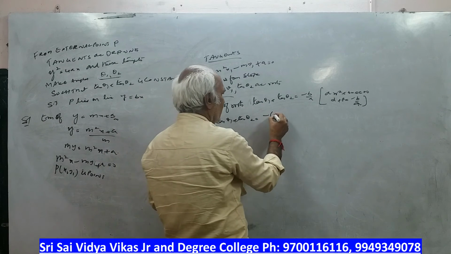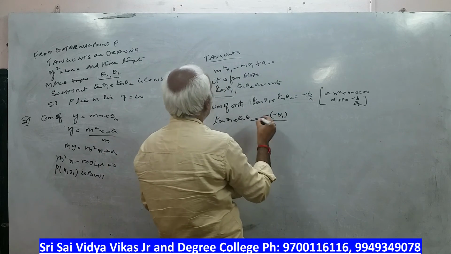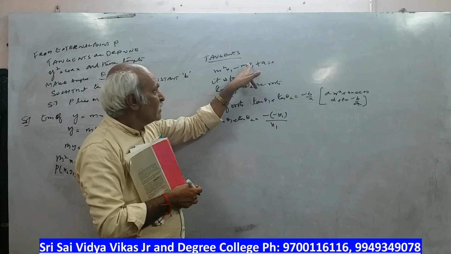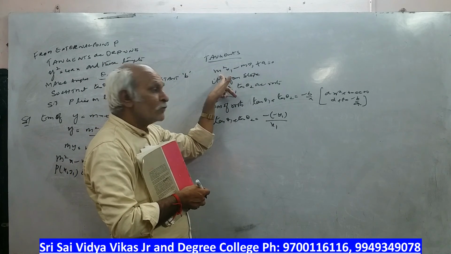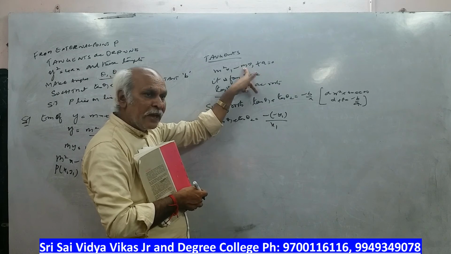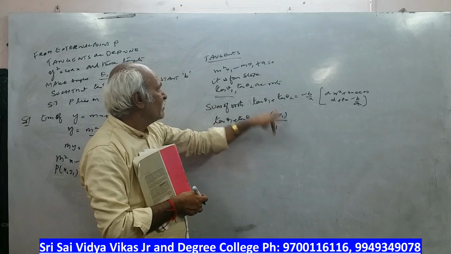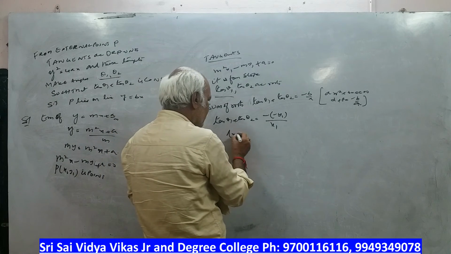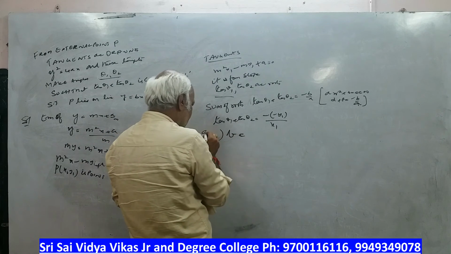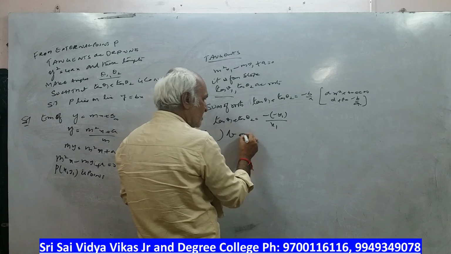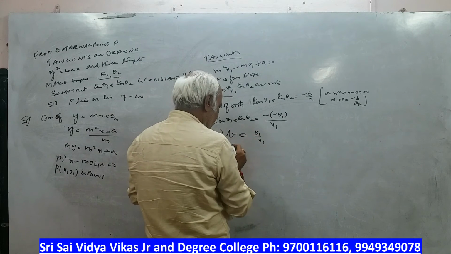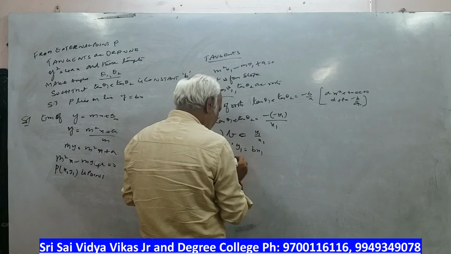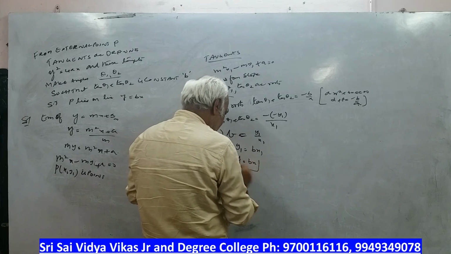Minus of minus y1 by a is x1. Here b means the m coefficient, not the x1 y1 coefficient. It is the coefficient of m. So the m coefficient is minus y1 and the m square coefficient is x1. So tan theta 1, tan theta 2, this is given. B is equal to y1 by x1, or y1 is equal to bx1. Therefore y is equal to bx.